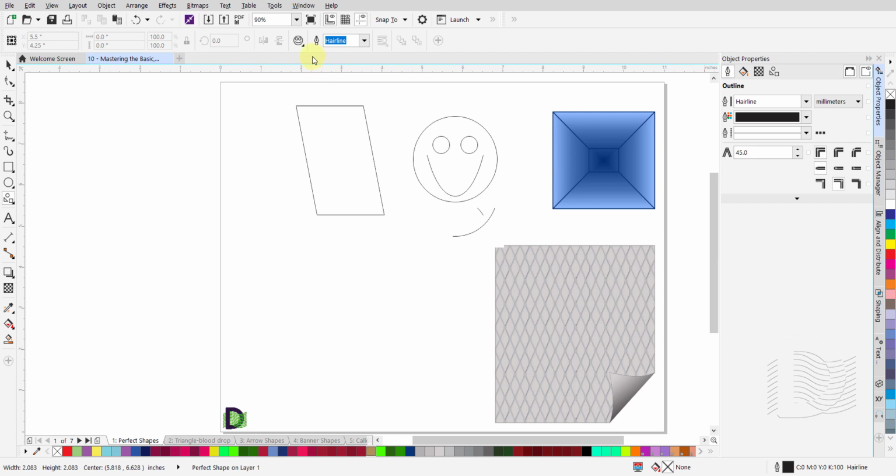You can also draw the shape of a sheet with a turned-up corner. Up in the Properties bar, click on the black triangle on the Perfect Shapes icon to open the sub-menu. From the sub-menu, click on the second icon in the second row to select it. It looks like a sheet of paper with a turned-up corner in the bottom right. Left-click and hold at the intended start point and drag the mouse to draw the sheet.